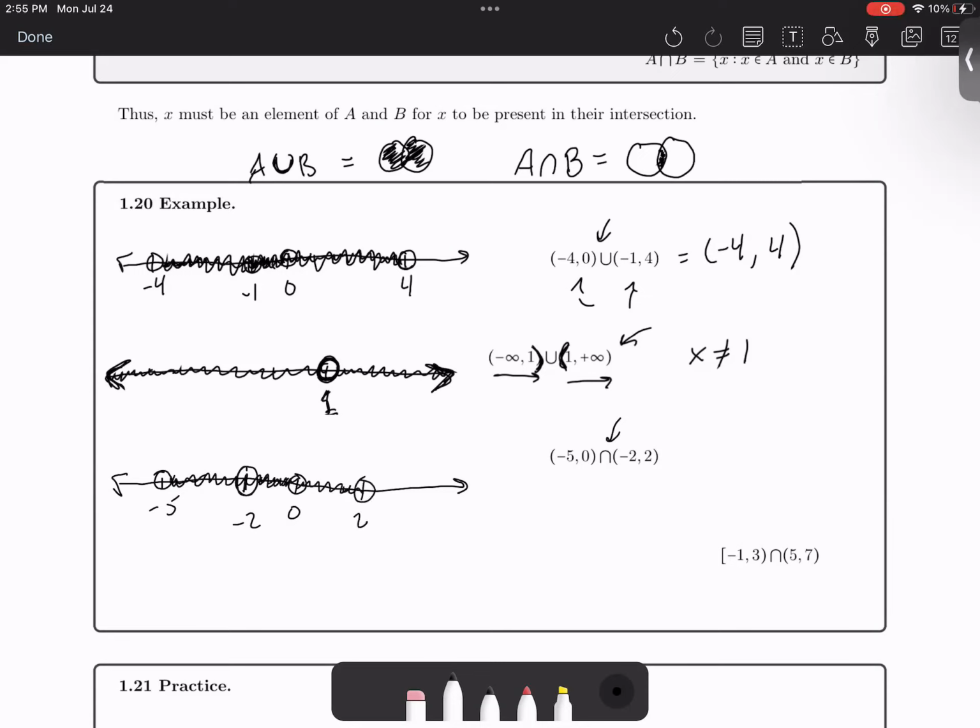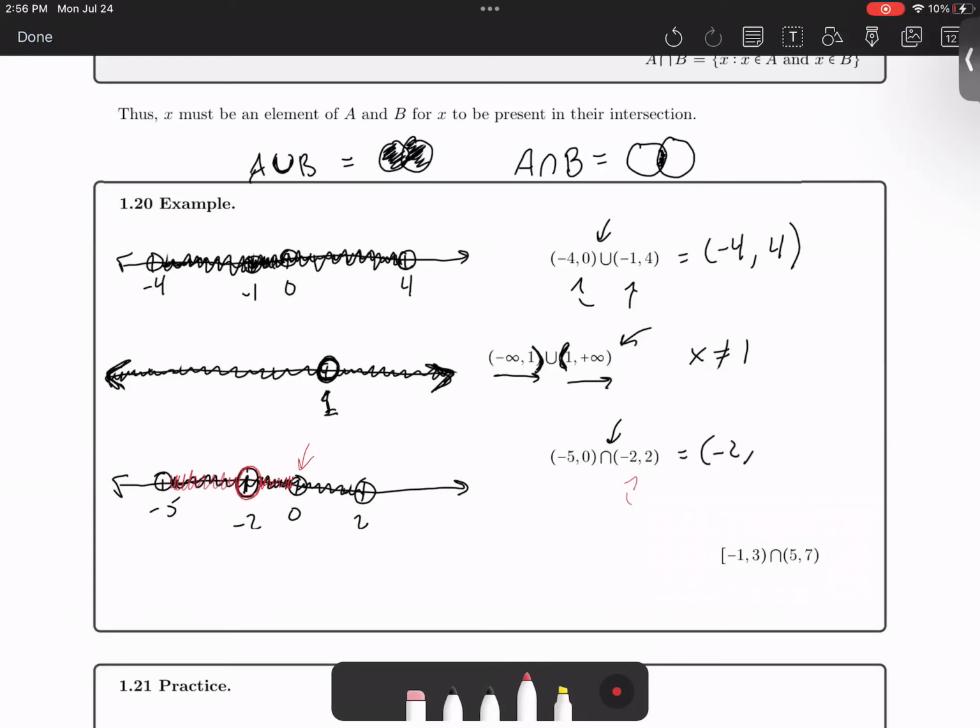So what are the x values that are in common here? So definitely not this. This was only inside the first interval. But then the overlap that we have picks up at -2, but we don't actually include -2 because -2 is not in that second set. So this will be -2, and we go until,